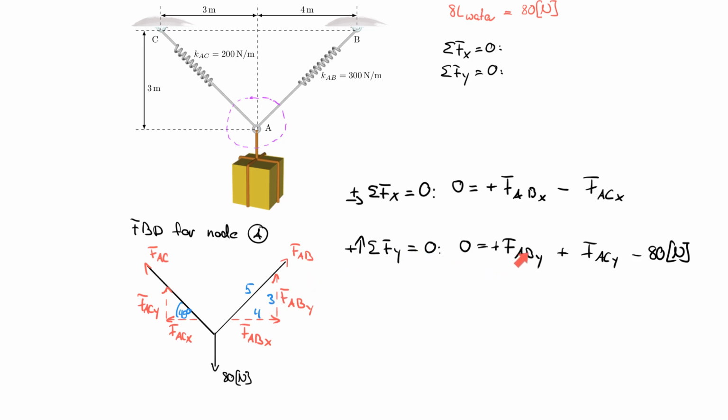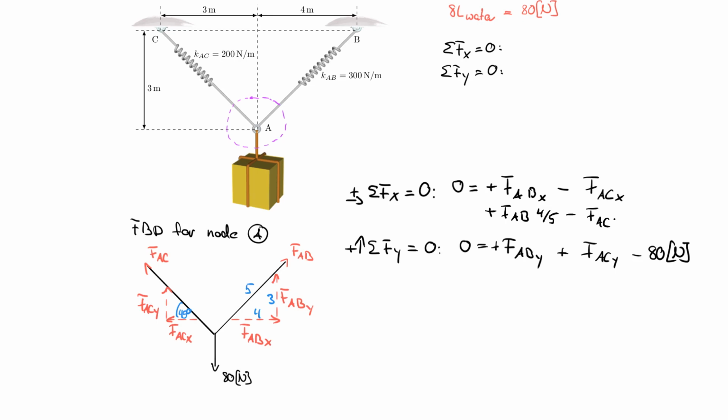I cannot solve this equation set as it is right now because I have 4 unknowns. FABX is different from FABY. But I can express, of course, FABX in terms of FAB. And I can express FABY also in terms of FAB. So let's go ahead and do that. So plus FAB, and now divide it by 5 and multiply it by, this is the x direction, so 4. So 4 over 5 minus